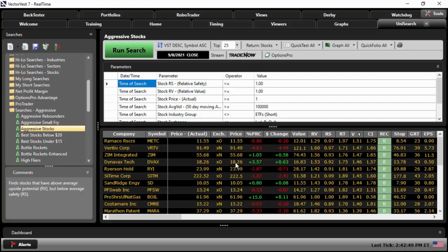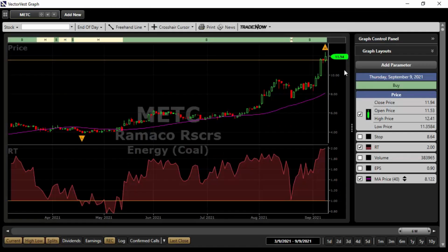And to take a look at the graph of a few of these, we can simply click on the Graph All button in the upper right-hand corner. And now that we've got the graph pulled up, we can see the price is shown in candlesticks. We have a 40-day simple moving average, and also the RT or relative timing at the bottom. Now remember I stated, for aggressive stocks, you're looking for growth plays or momentum plays. And as we can see here, the first one that comes to the list has been exploding over the last few days. If we move down to the next one,